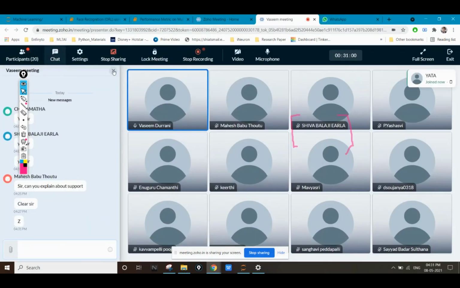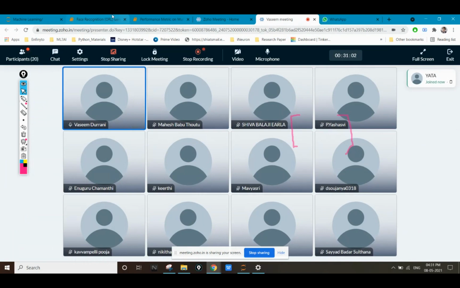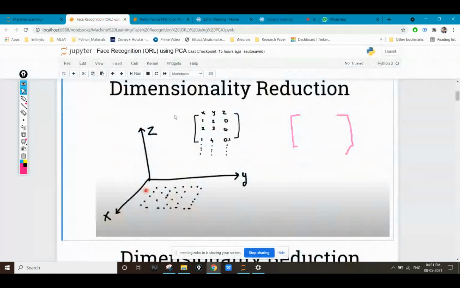Z. Okay, Z dimension. So yes, we are going to delete this Z dimension, and we are going to only have these two dimensions, x and y, because x and y will contain most of the information. Okay, in dimensional reduction we know that we are going to lose some of the information, but we try to reduce dimension in such a way that the loss of information is minimum.